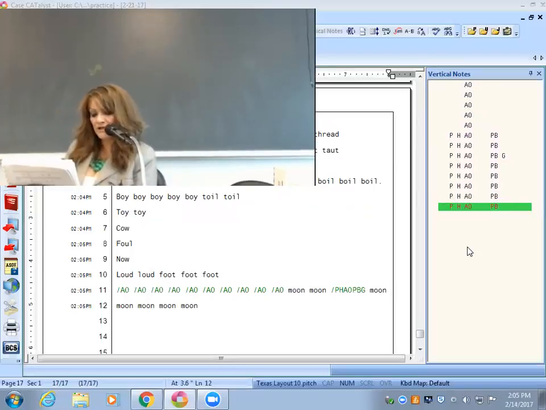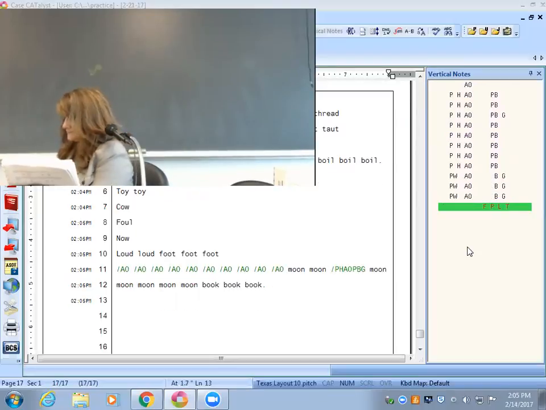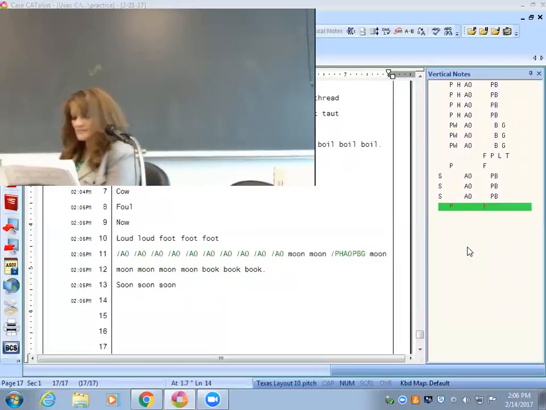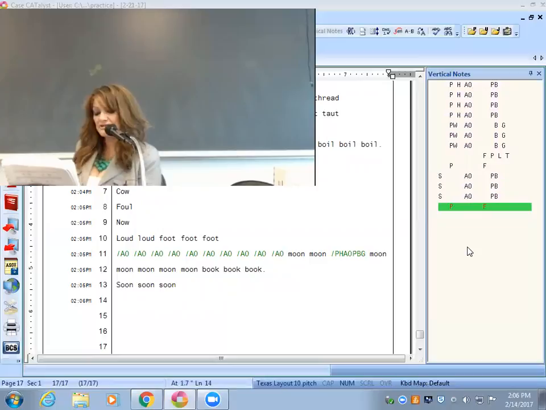And then you've got book, B-A-O-K, and then you have soon, S-A-O-N. So it's mandatory that you memorize these diphthongs. A-U is for the A-W, the A-U is A-U. The O-I is O-I for O-I words and O-Y. O-U is the O-W, O-U, and it's the O-U in steno. O-O words are written with the A-O, okay?